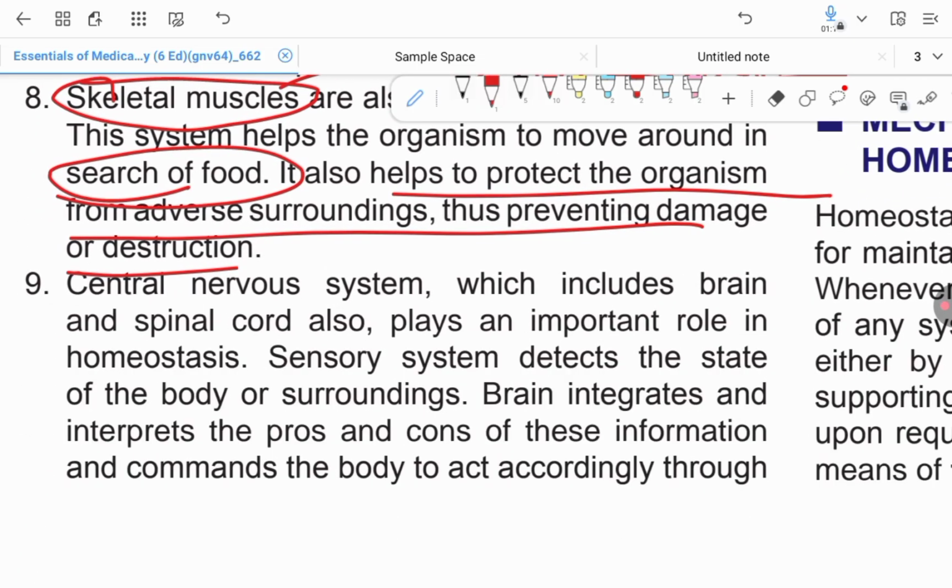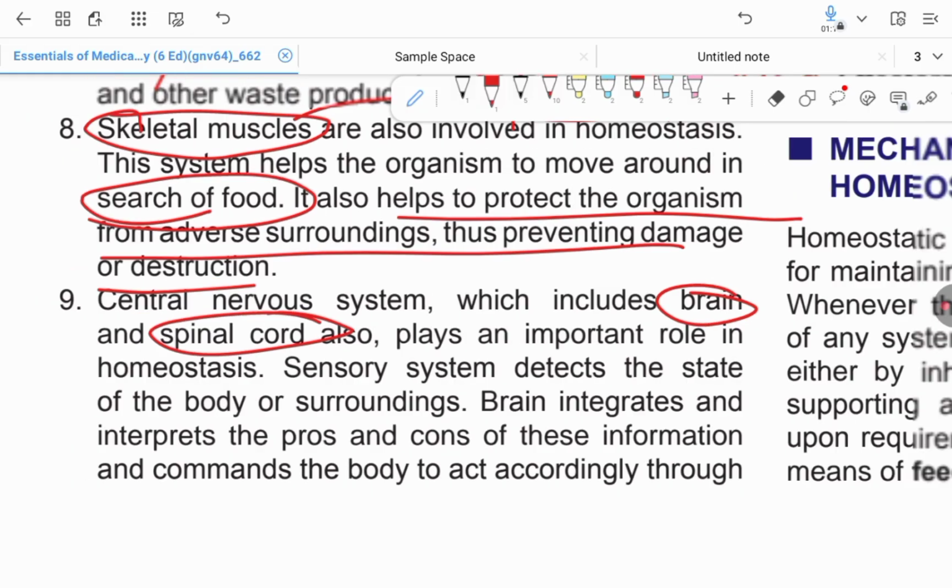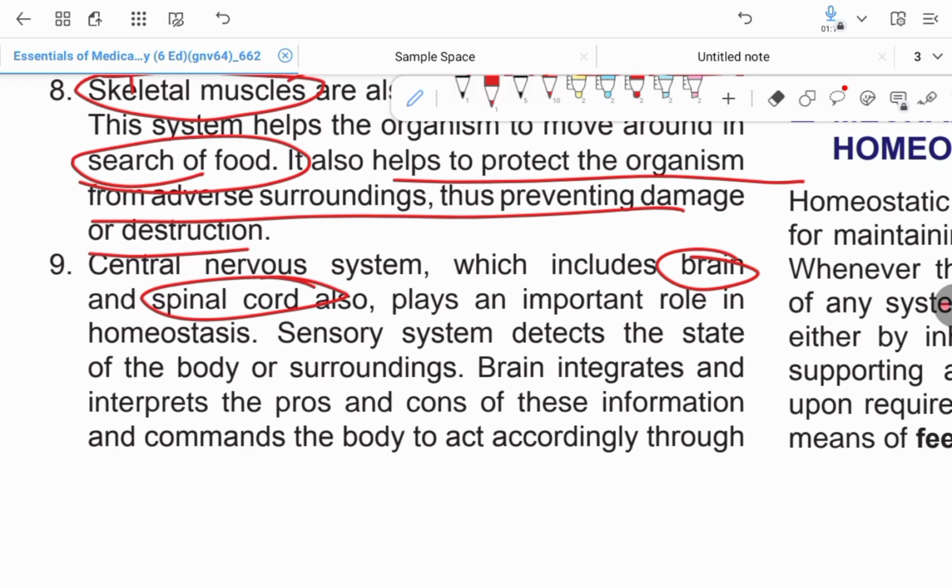Okay, the CNS, which includes the brain and spinal cord. Two main things included in the CNS are the brain and spinal cord. They also play an important role in homeostasis. Sensory system detects the state of the body and surroundings. Brain integrates and interprets the pros and cons of this information and commands the body to act accordingly through